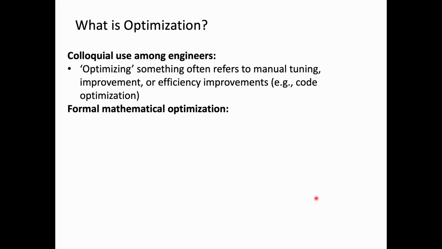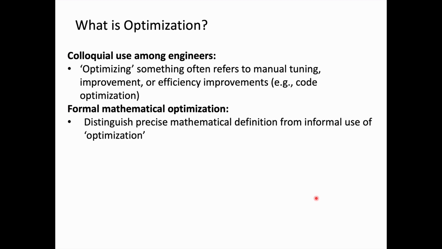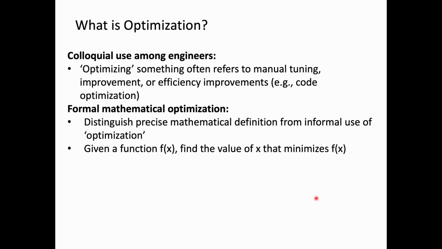If we're talking instead about formal mathematical optimization, it means something different. We need to distinguish the precise mathematical definition of optimization from the informal use of optimization. Here is a high level of describing mathematical optimization. Given some function f of x, find the value of x that minimizes f of x,